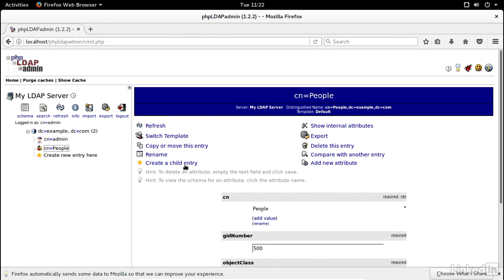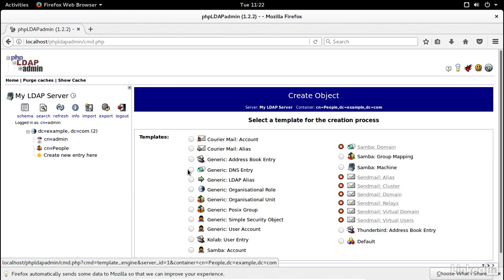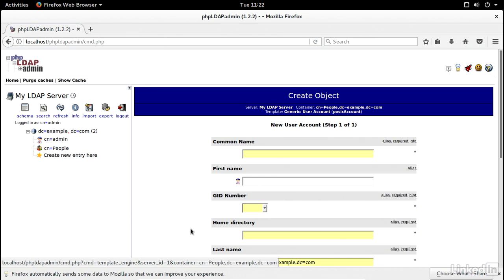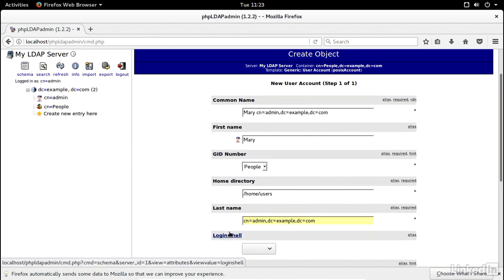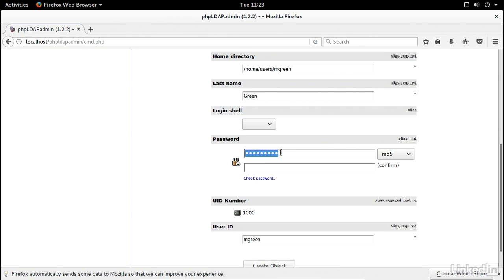I'll choose People, and then choose to create a child entry. That'll be a generic user account. I'll set the common name to Mary. The first name is Mary. And then I'll choose to put them in the People group. For the home directory, I'll just use home/users. And for the last name, I'll put in Green. I'll set a password,